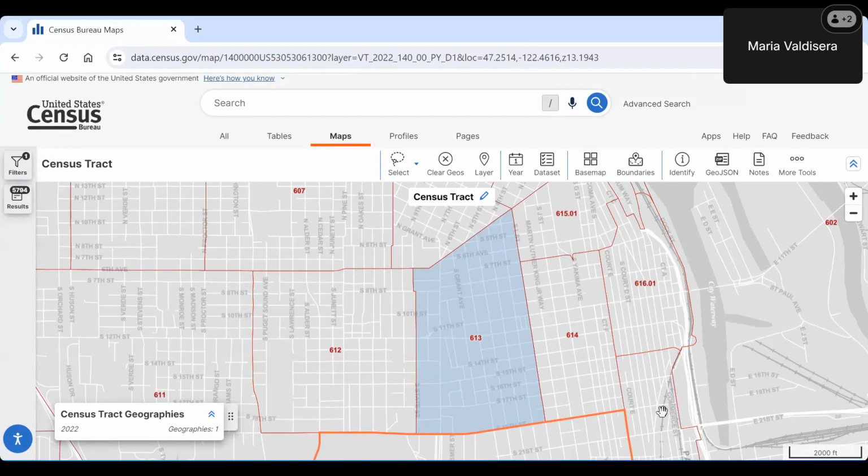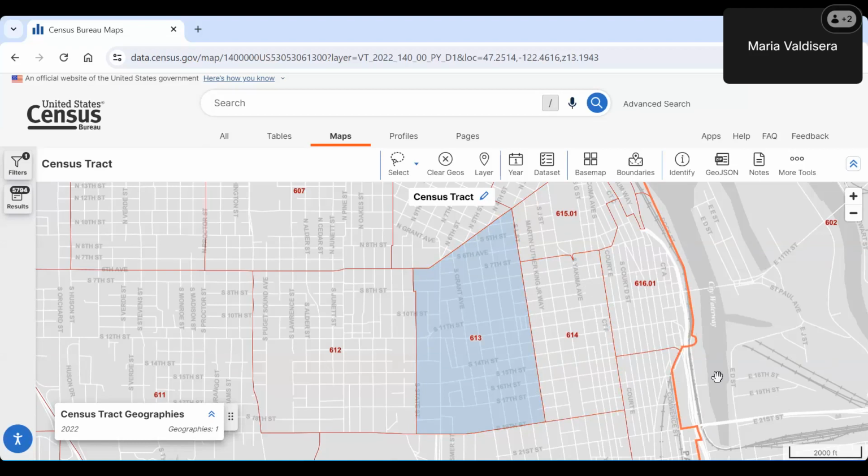So this will add this to our selections. It will be shown in a light blue color. And you can see that, again, as we zoom in, you can see a lot more street signs or street markers. You can see that there are other different topographical information that is available.